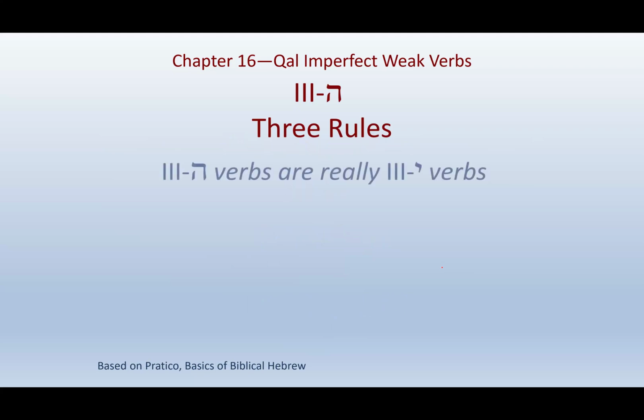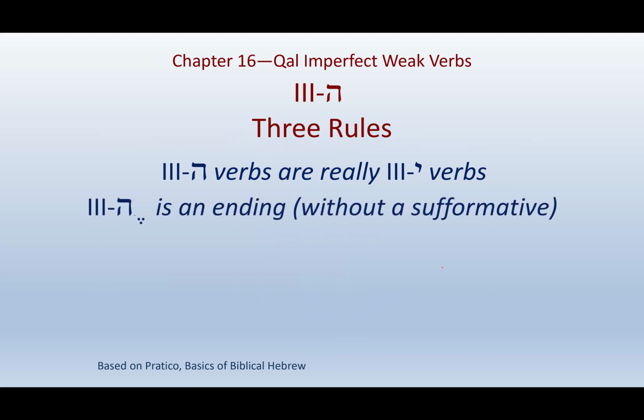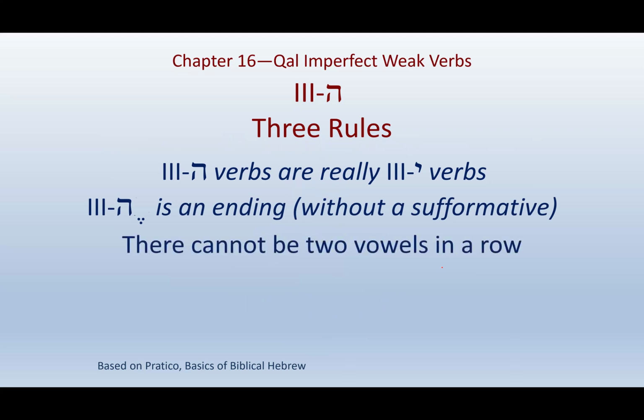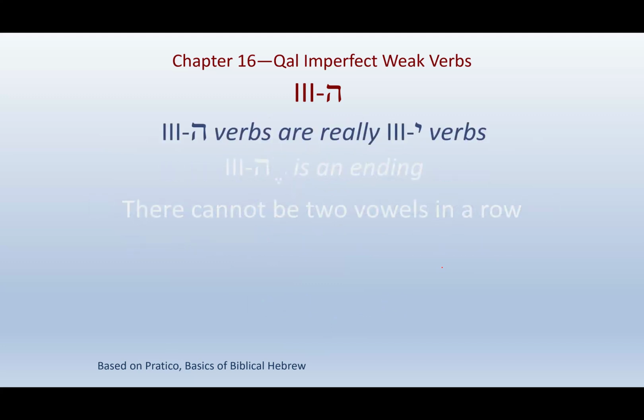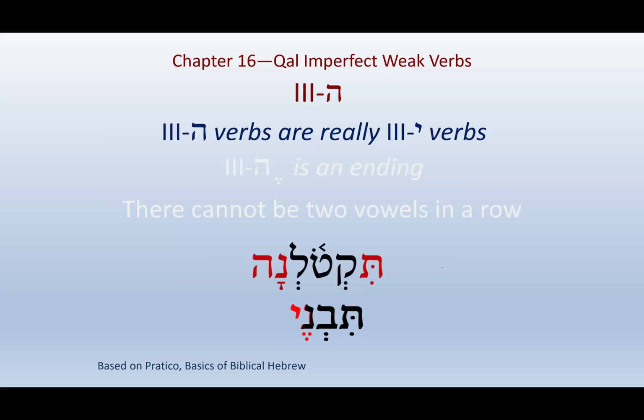So for 3 hay, we have 3 rules. The 3 hay verbs were originally 3 yod verbs. The segol hay ending is an ending. It's not a subformative. And you can't have 2 vowels in a row. Those are the 3 rules for 3 hays. All right. So the first one, the 3 hay is really a 3 yod. As we look in the book, we can see that it shows up in the 3FP and the 2FP. We have the yod in there instead of the hay. But in the others, we don't get the yod. So if we want to make build into a 2FP and a 3FP,